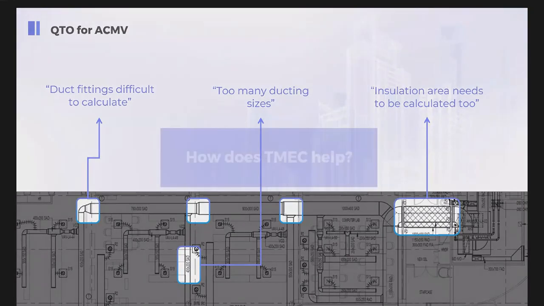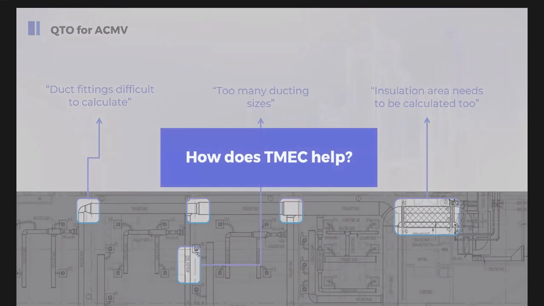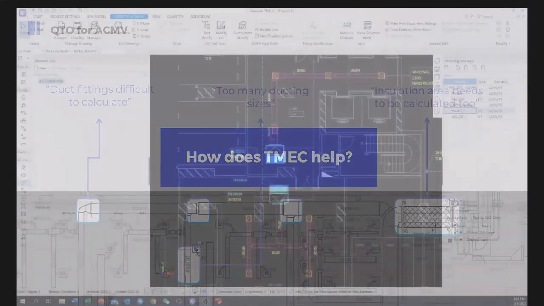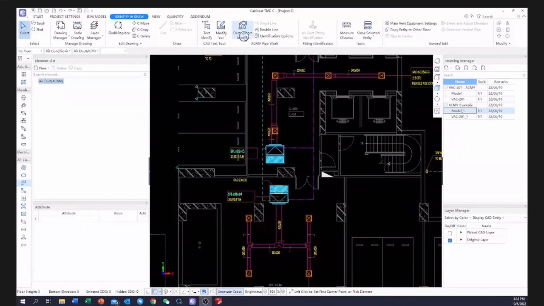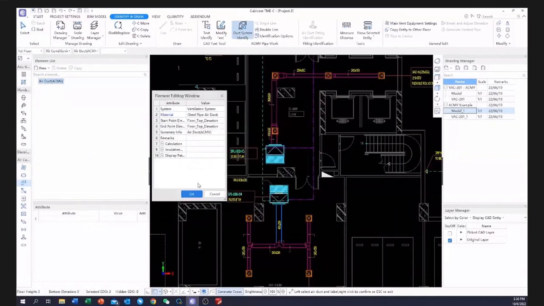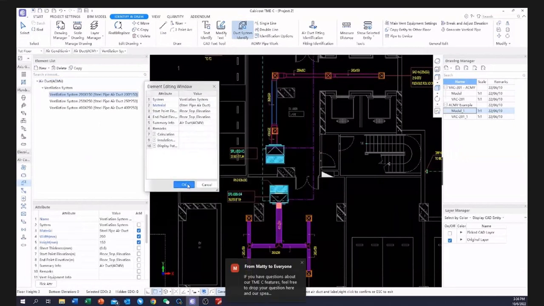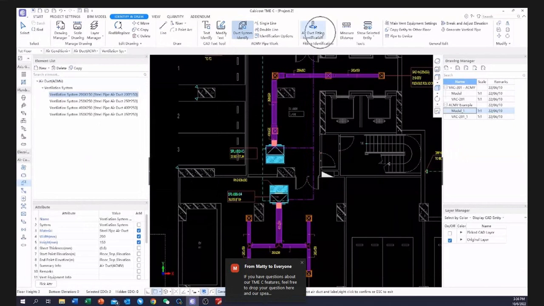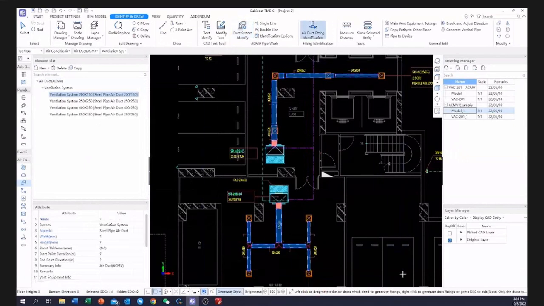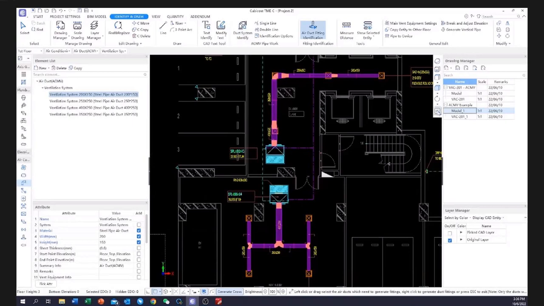So in this case, what does TME C offer to help in this scenario? Well, to calculate air ducts, we have a duct system identify function, which helps us to identify ducting lengths. So all we need to do is pick on the two parallel duct lines and the label. And after confirming its attributes, we can then identify the entire duct length. Next, we can also use the duct fitting identification tool to fill in the fittings in between the ducts as